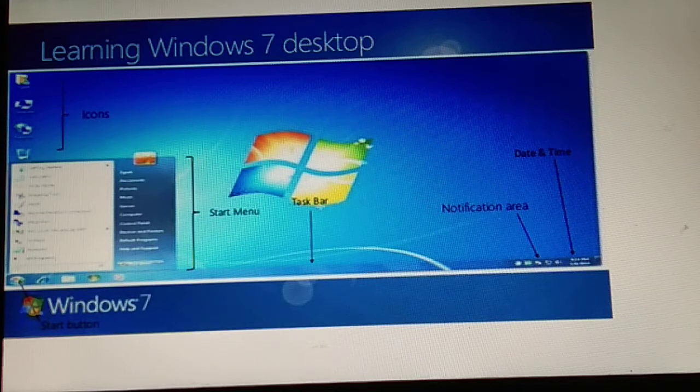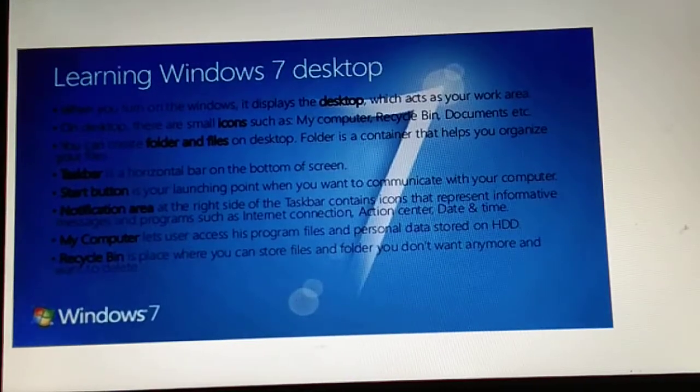It includes various types of icons, files, folders, date and time menu, taskbar, start menu, notification area. All these things are included in the Windows 7 desktop. The Windows 7 desktop includes various icons or components like folders, files, taskbar, start menu, notification area, recycle bin.